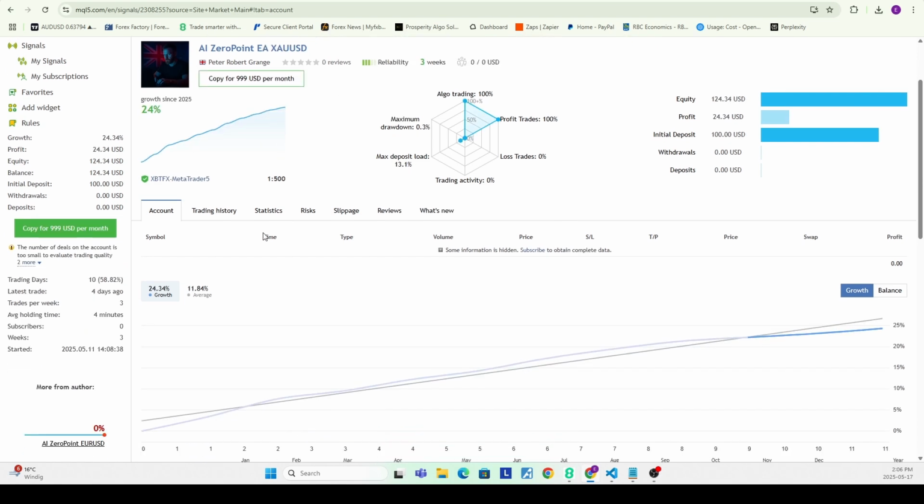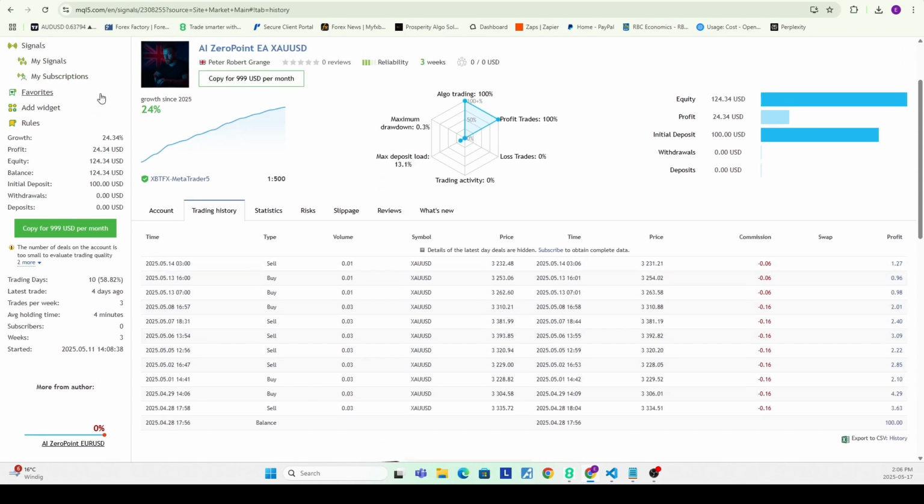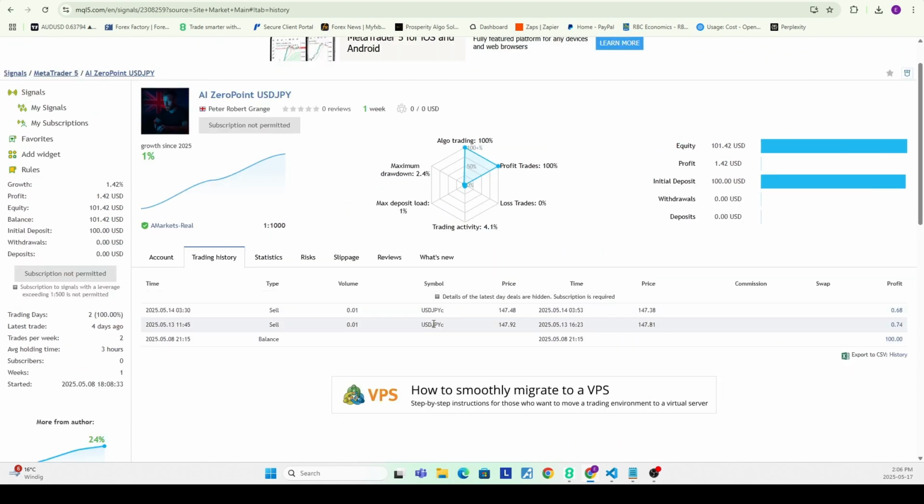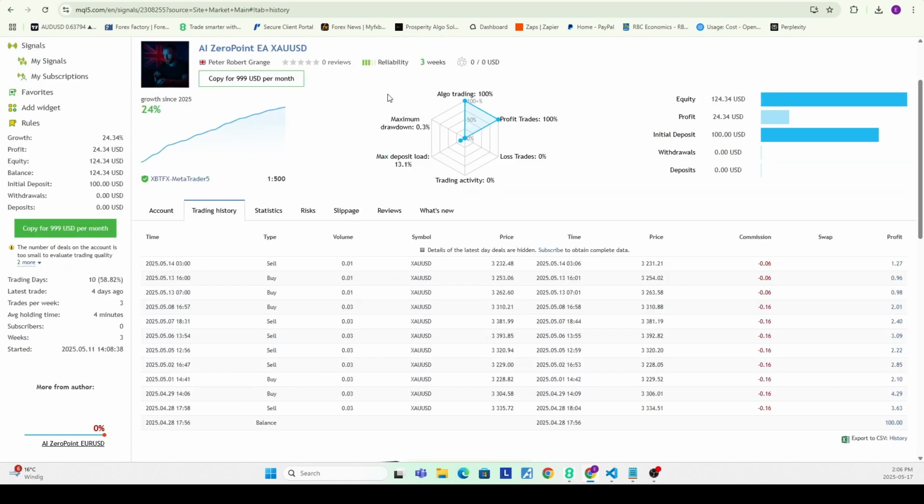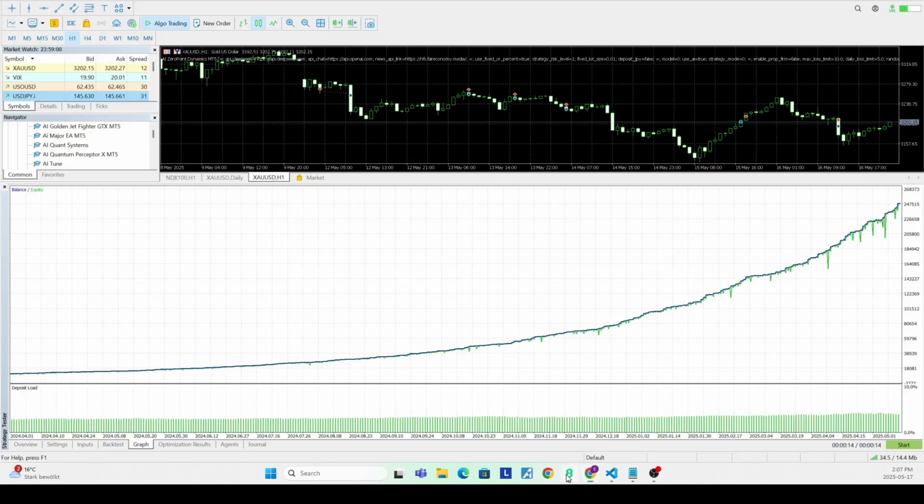At the same time here, we're seeing a few live signals, one on gold and one here on the USD yen. But these signals, we're only seeing winners so far. And that's actually not a great sign because he could simply be using an enormous stop loss. Because as we can see, they're all more scalping trades. They close really quickly. And I wouldn't be surprised if his actual stop loss levels are significantly larger and significantly further away, which would enable you to have a run of a few winners to make a signal without actually having to show us how the bot really works. So yeah, all of this so far not looking great.